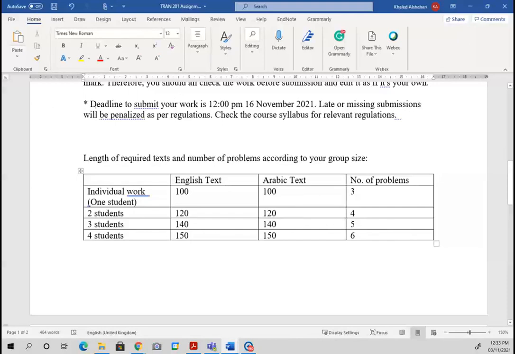If there are 2 students, the English text will be 120 words, Arabic text 120 words, and number of problems 4. 3 students in a group, again, you can see, 140 words for each text. Number of problems 5. If it's 4 students, the maximum is 150 words for the English text, the Arabic text 150 words, number of problems 6. Okay,